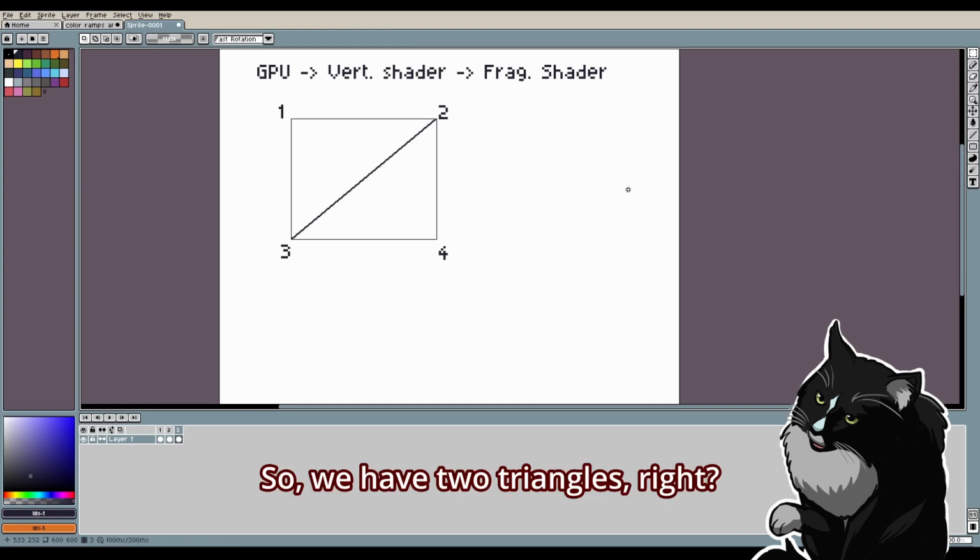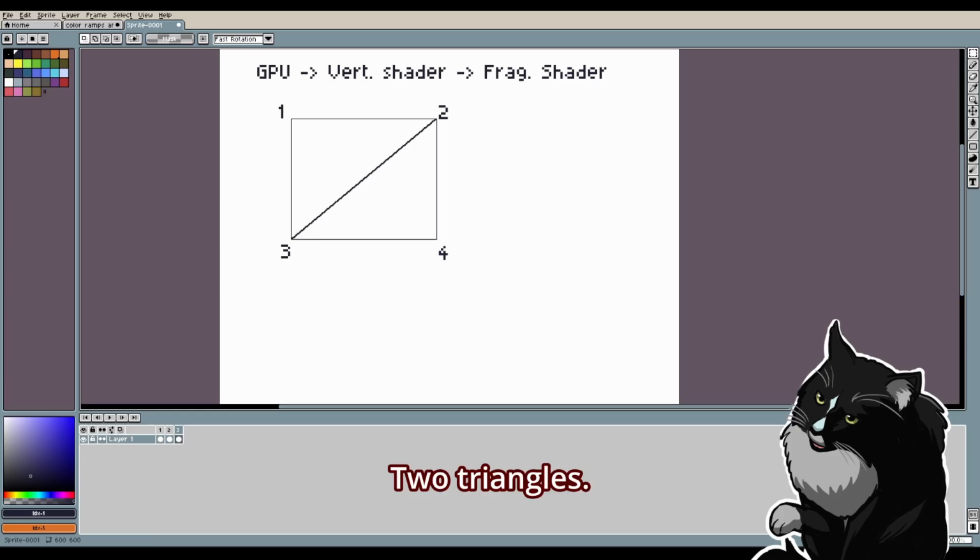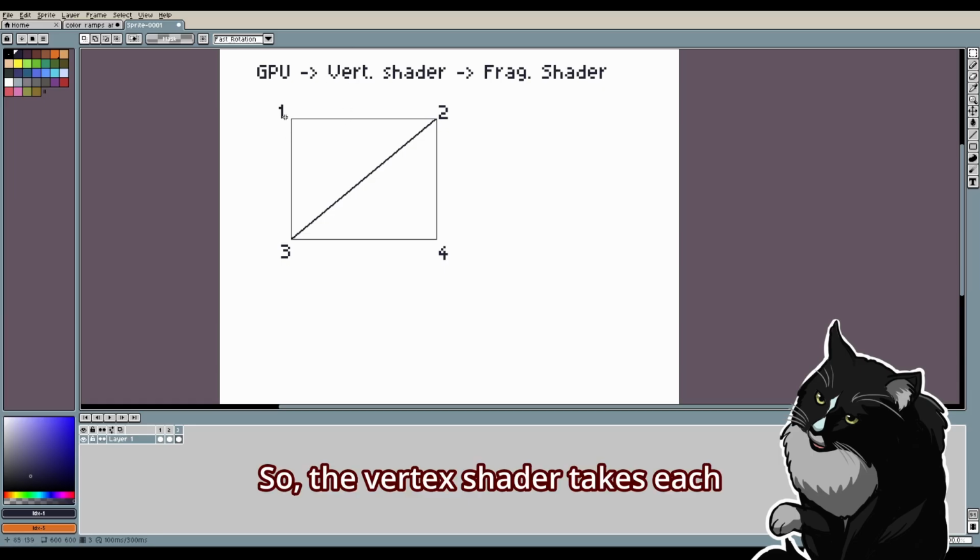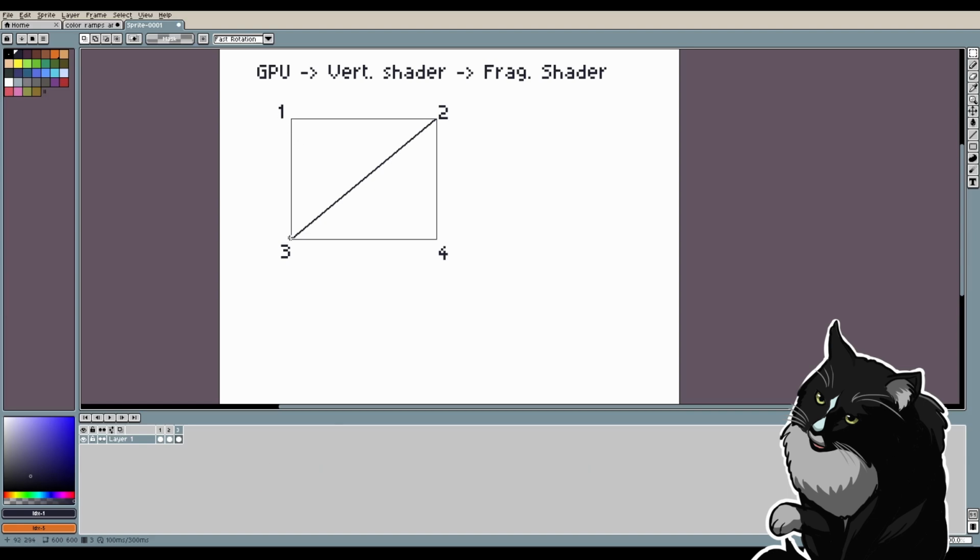So we have two triangles, right? Two triangles. And so 4 vertices, 2 triangles, 6 indexes. Right. The first thing that we hit is the vertex shader. So the vertex shader takes each individual vertex that it is given